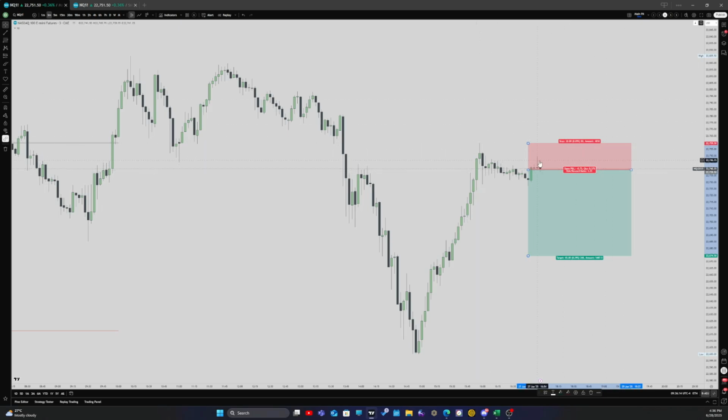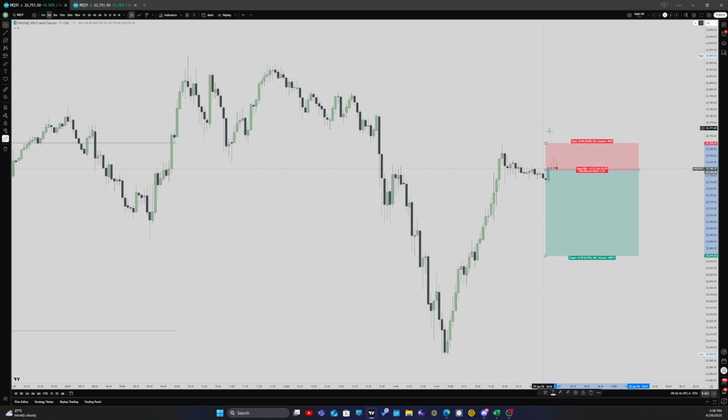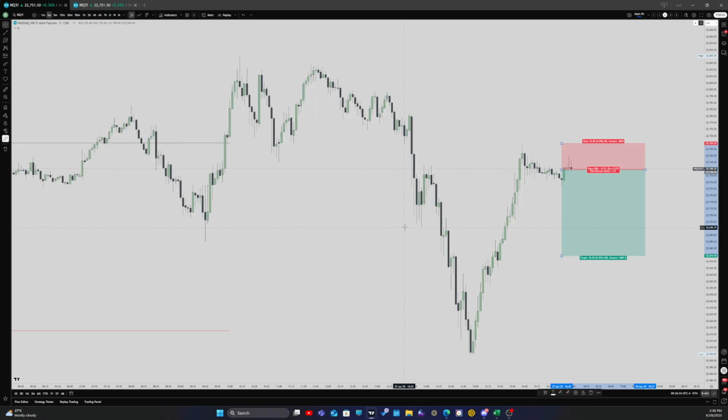So if you're not market ordering, and you are setting up limit orders, for example, you can calmly assess your risk. But if you are entering on market order, you want to be nimble,